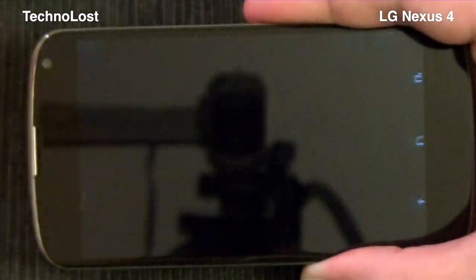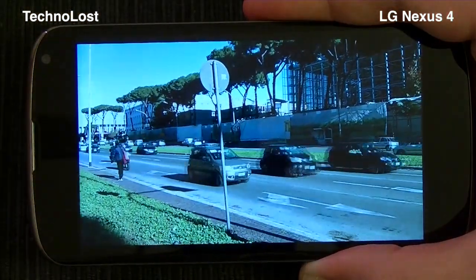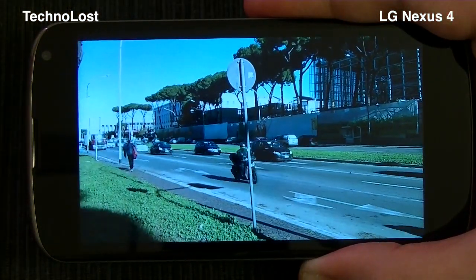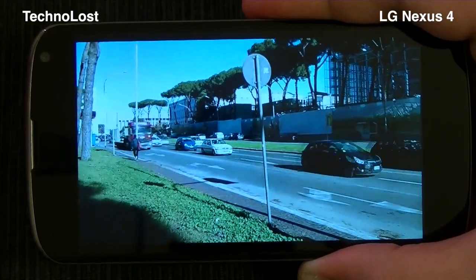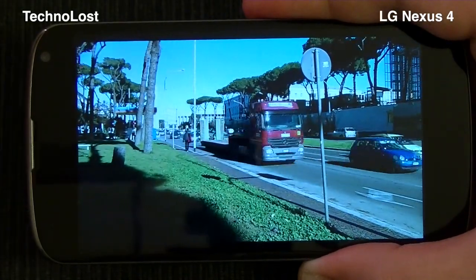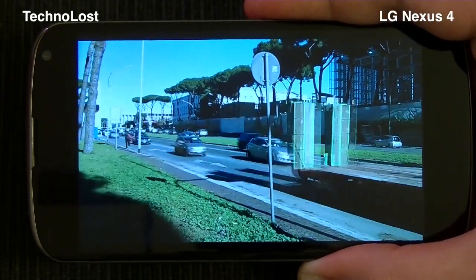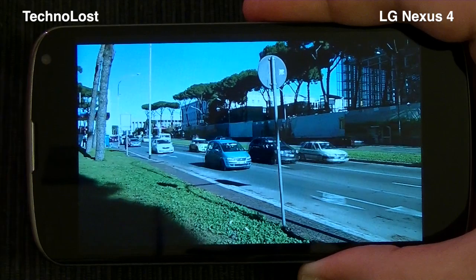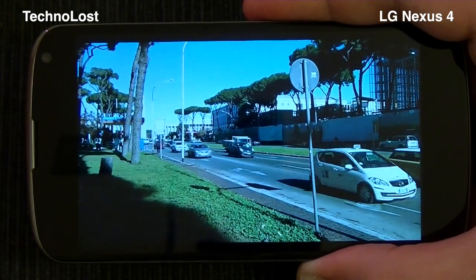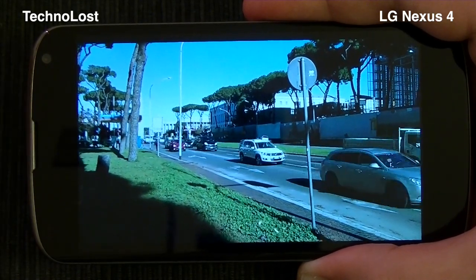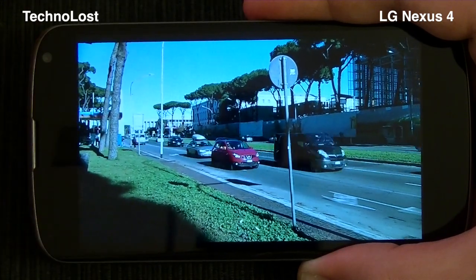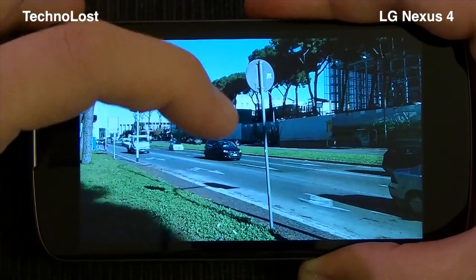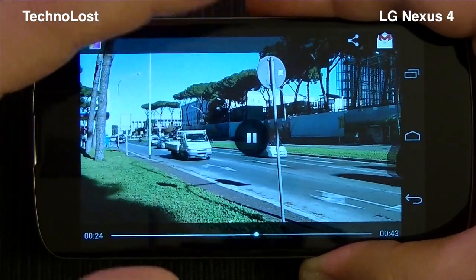This is a 720p video. The smoothness of the 720p video is nothing too different from the 1080p video. So after all, quite smooth, some stuttering here and there, but not bad. So after this 720p video,